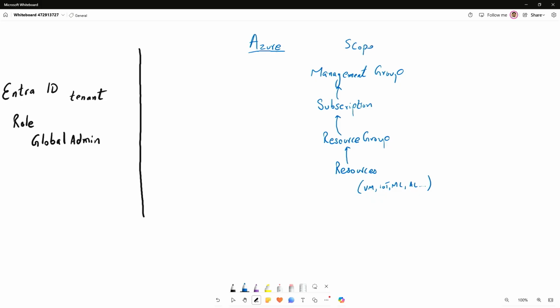Now, what we are going to discuss right now is identity and access management on my resources in the Azure environment. For me, these are the 4 levels of scope that I get to choose from when I'm implementing identity and access management. I can control who gets access at what level within my organization based off some of these areas, and define, hey, you can only look at just one resource and work with me on that resource.